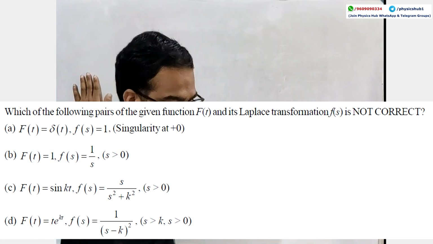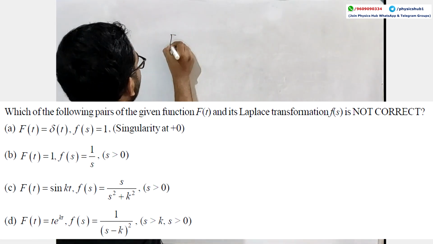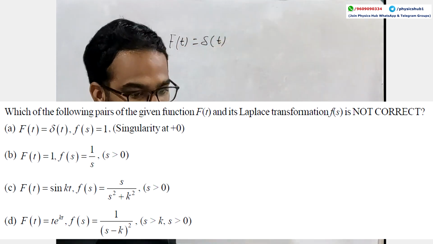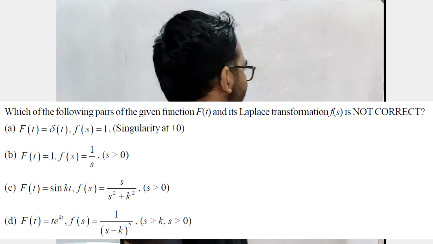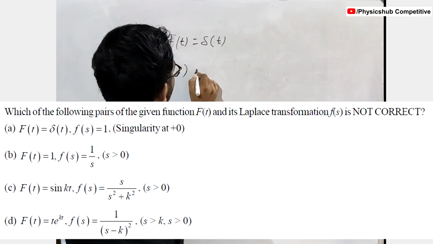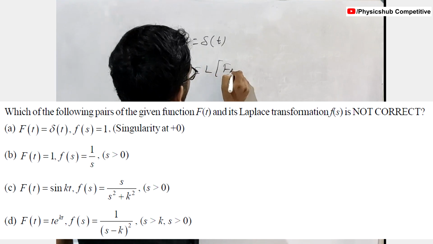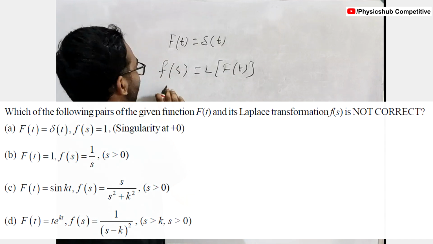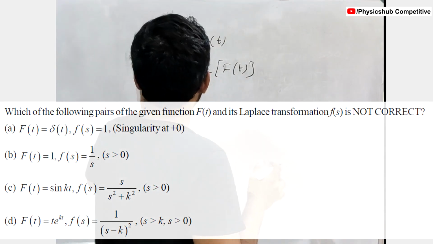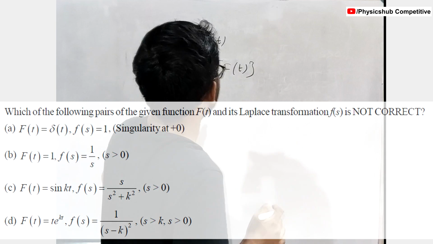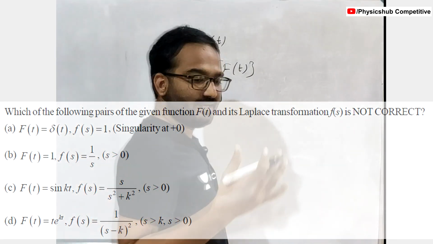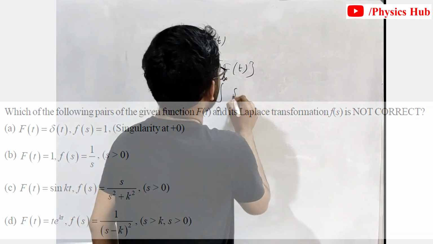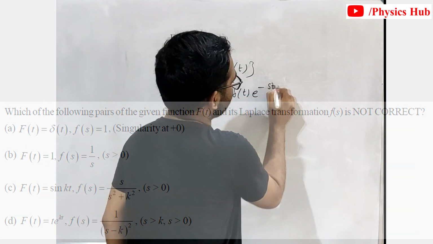So let's check the first option, f(t). f(t) is the Dirac delta function. Then F(s) equals 1, it is given to you. So let's calculate the transform, F(s) equals Laplace transform of f(t). I am just mixing up Laplace and Fourier, but we are mathematically correct. The Laplace transform of f(t) is F(s). We will utilize the main formula, that is the integral from 0 to infinity of f(t) e to the power minus st dt,